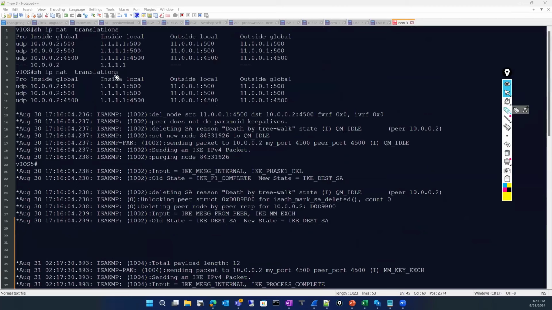You should see something like this. If you see from 10002, the UDP port 500 is used for phase 1. And this is used for NAT-T. So you should see an output like this. And what is the best practice to allow this from the firewall perspective? I'll show you how to do that. And now let's try